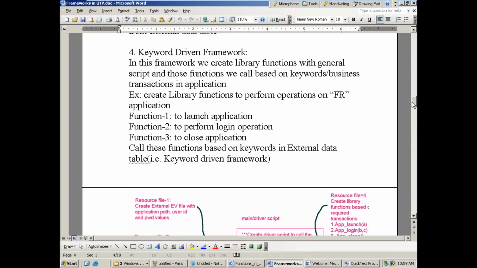So whenever we want to go for the build verification test, at that time, only those transaction scripts we are going to take into the Excel sheet. The keywords we are going to maintain. According to those keywords, the corresponding functions we are going to call to check whether your build is stable or not. This type of framework is more suitable for the build verification test because to functions we can pass only one set of values.